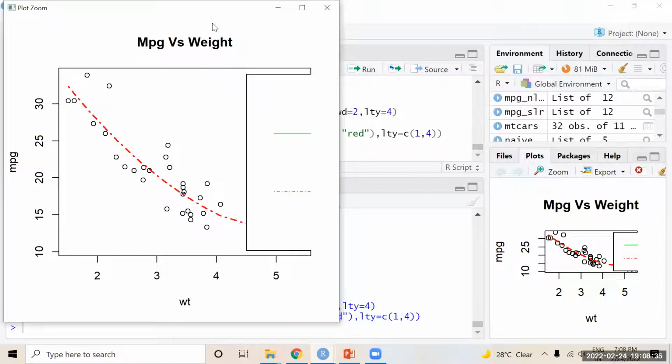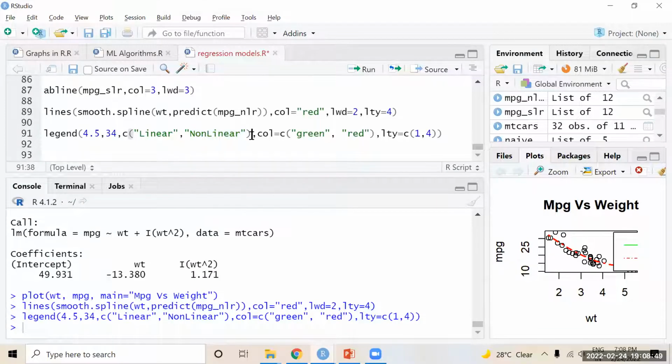Here the visibility is not clear, but it will appear correctly on your laptop if the screen is very big. Okay, just try to understand the basic concept of how to draw the plots for various models.